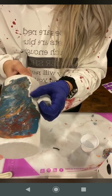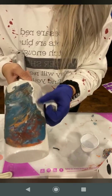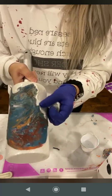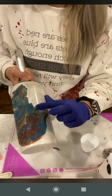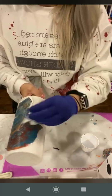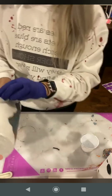The more water you put on it, the softer it's going to get, and the more pliable it's going to get, the more movement you're going to get. You want to be careful not to waterlog it, because then it'll start to fall apart. So I just use a tiny, tiny amount at a time. And if you wanted, you could do this all the way around, or you could just touch up a few areas. And then once you have it where you want it,